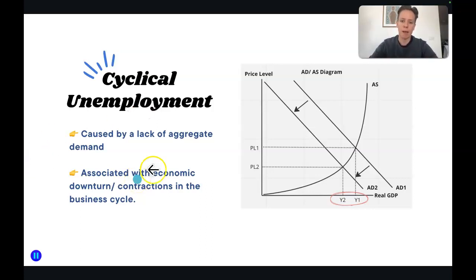So cyclical unemployment is basically caused by this scenario here on the right-hand side. So if we have a decrease in aggregate demand, we know that that's coupled with a decrease in output, which means that the demand for labor is going to fall, which means unemployment is going to go up. So basically, if we go back to our goal for a moment, the goal says that we want cyclical unemployment to be equal to 0. So we are striving to achieve a level of unemployment where there is no lack of aggregate demand. So if you think about your business cycle for a moment, we're looking for those sweet spots where we hit our long-term trend, ultimately where all the goals are humming together, such that cyclical unemployment, where there is a lack of aggregate demand, would not exist, such that cyclical unemployment is equal to 0. All right, so that's what's going on there.